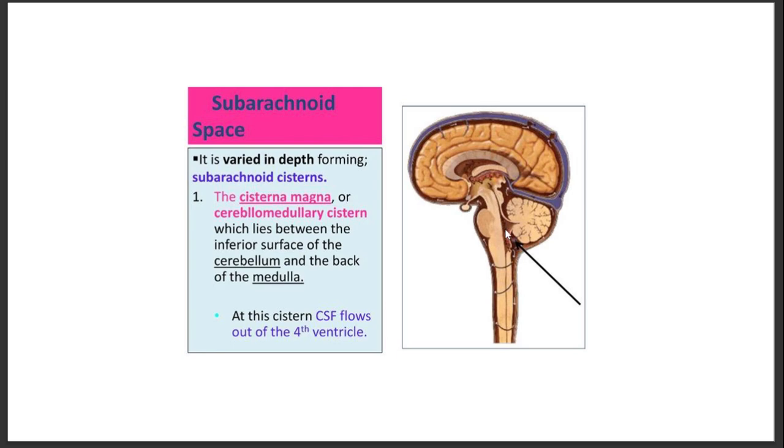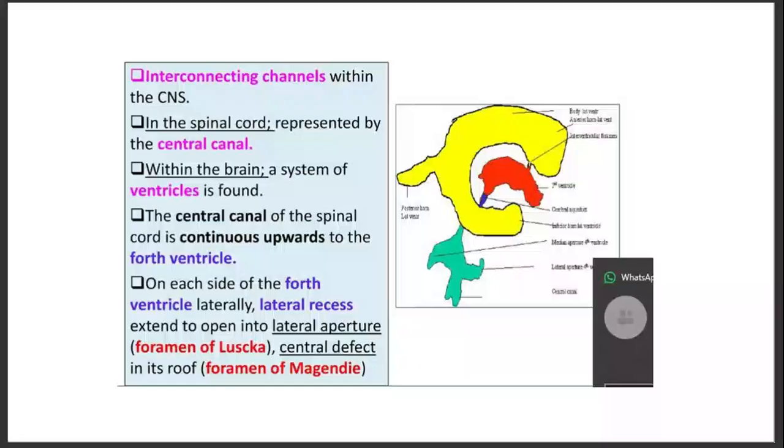If you want to continue down, you are going to have what we call the central canal in the spinal cord. Okay, the central canal of the spinal cord continues with the fourth ventricle up,